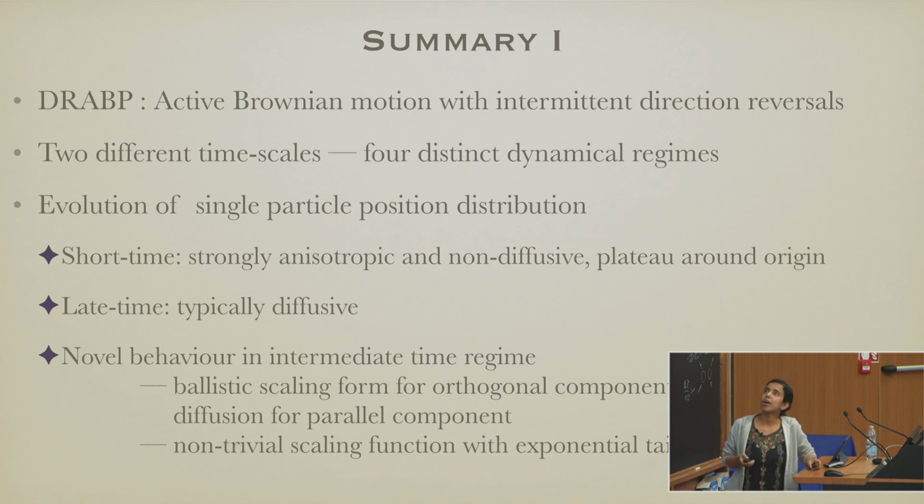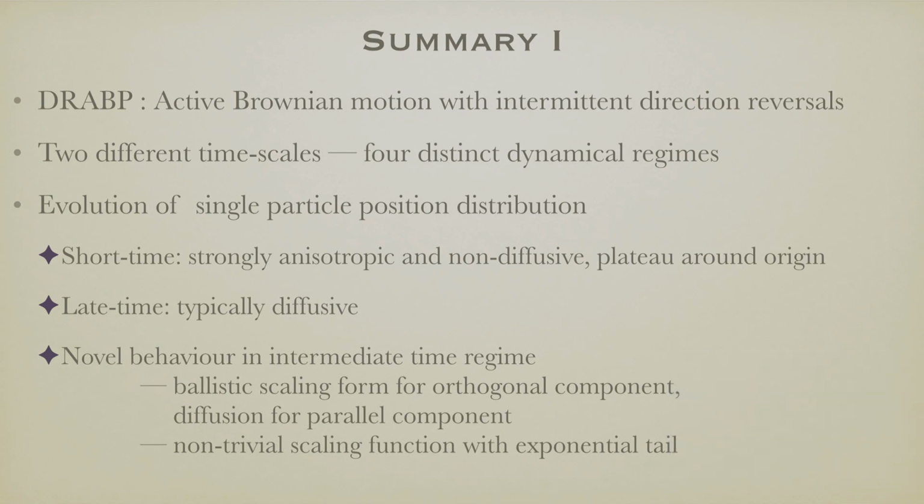Okay, I'll be quick. Basically I have introduced a model for direction reversing active Brownian motion, which is a kind of motion seen in certain bacteria and also some kinds of genus particles. We have seen that the presence of two different time scales and their interplay gives rise to different dynamical regimes, and in particular at an intermediate regime we see a very novel behavior where the distribution scales ballistically in one direction and diffusively